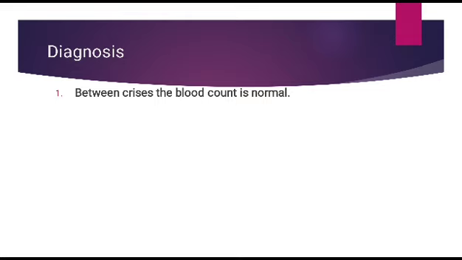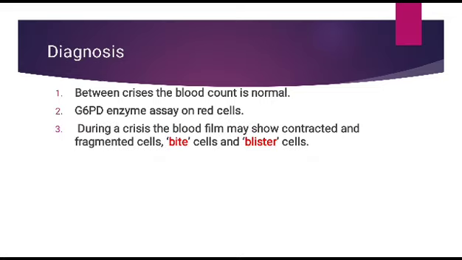Diagnosis of the disease: between the crises, the blood count is normal, as we mentioned. The patient may not suffer from any problem unless he is exposed to some sort of oxidant stress. We can do a G6PD enzyme assay, and it is expected to be, of course, deficient and low. Number 3, during the